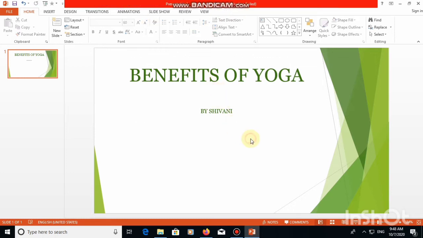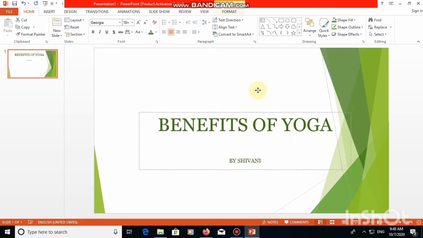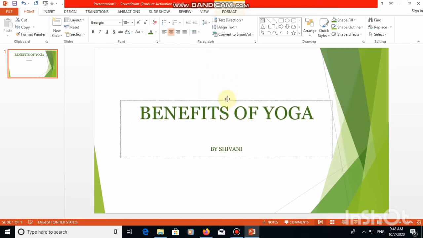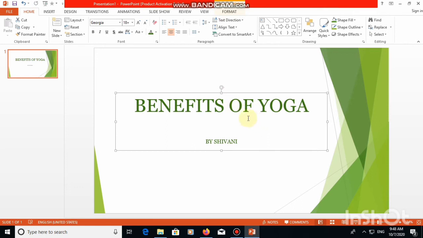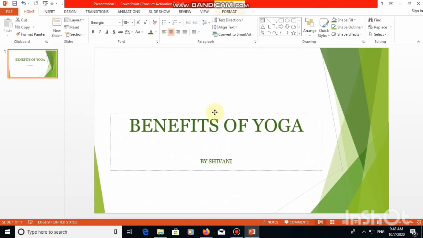Okay, after that we need to write the benefits of doing yoga as well. Let's bring it at the center. Yes, we can also adjust the location of our text by using this placeholder. Just click on the placeholder, move your arrow at this point at the center. Here you can see 4 arrow options under the cursor. Click it and drag. Here you can adjust the